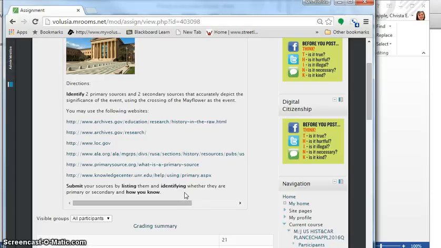Okay, my advanced students have an additional assignment to this. It'll be at the end over here. So if you're in the advanced U.S. history, there is more to this assignment, so read carefully on your course page. Okay, and let me know if you have any questions.